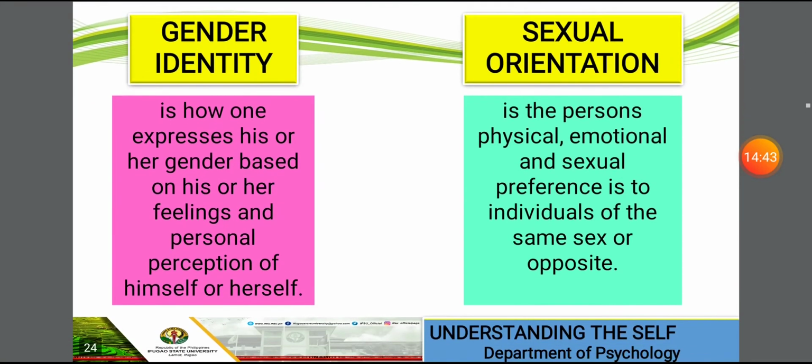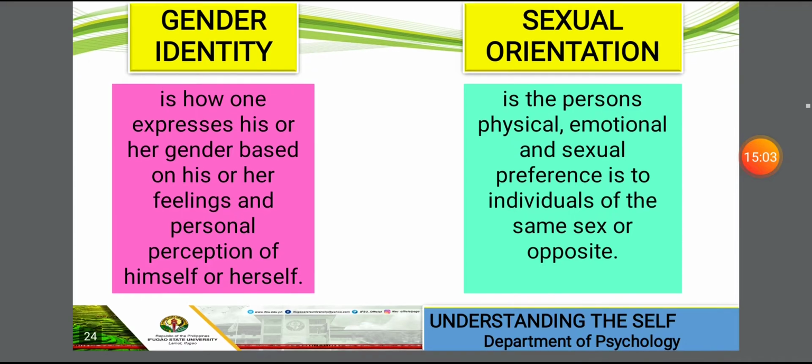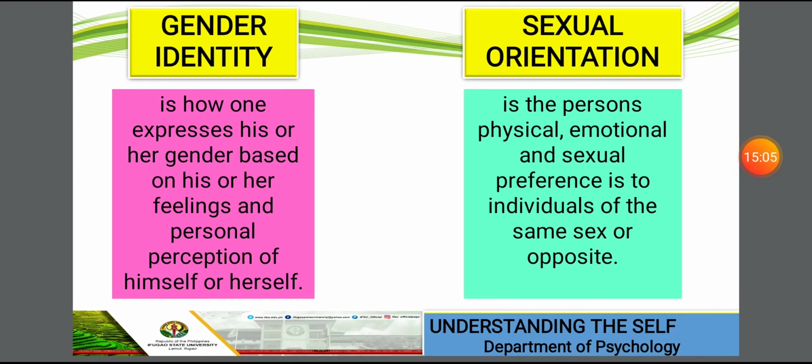So let's proceed to the gender identity and sexual orientation. Gender identity is how one expresses his or her gender based on his or her feelings and personal perception of himself or herself, while sexual orientation is the person's physical, emotional, and sexual preference to individuals of the same sex or opposite. An example of which is a husband and a wife, male and female. They are sexually attracted to each other and they have that so-called sexual orientation na straight sila. Okay? Meron din tayong tinatawag na